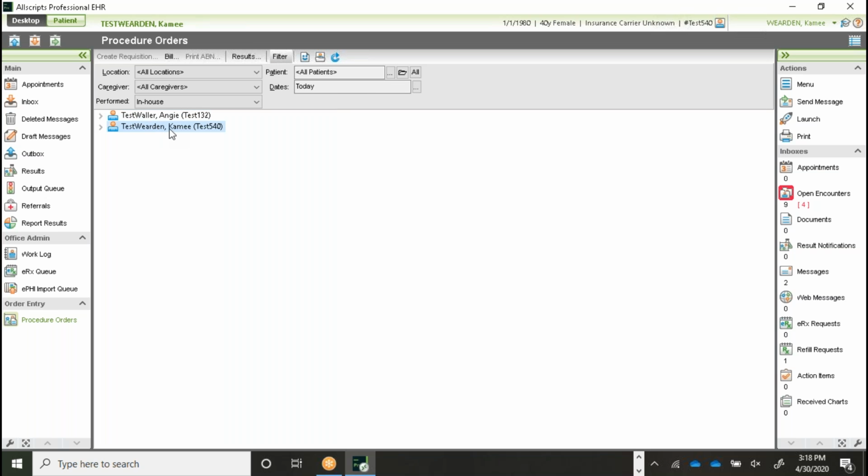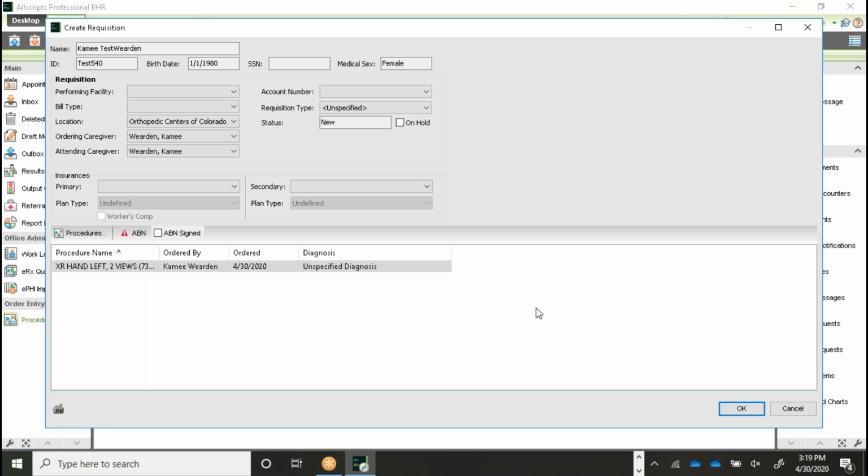So you'll see here, this is the X-ray that we just ordered here that's listed. If I use my caret here, you'll see it will give you the option. I'll show you what I ordered. So that's how we will view it. If I click on the order, the X-ray itself, the one with the CPT code here, the 73120, and then I choose this create requisition up at the top, it's going to launch